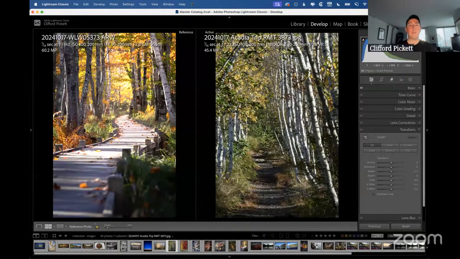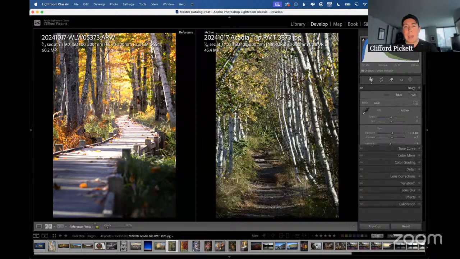Now, when I'm working on this image, you'll see the shortcut, Shift R. If I press Shift R, it's going to put that reference photo, the one I like, next to the other one. It's similar to the compare tool, right? If I hit C to compare. The difference being I can now edit the image on the right